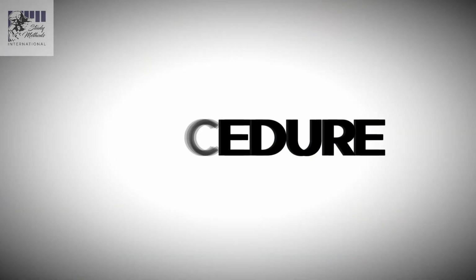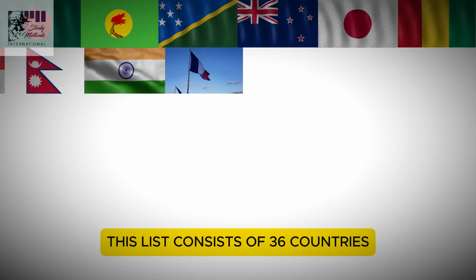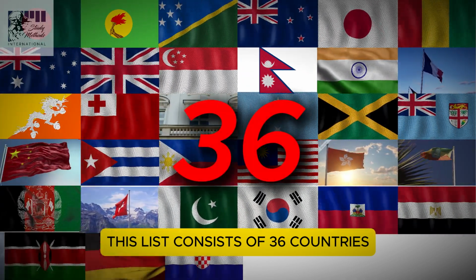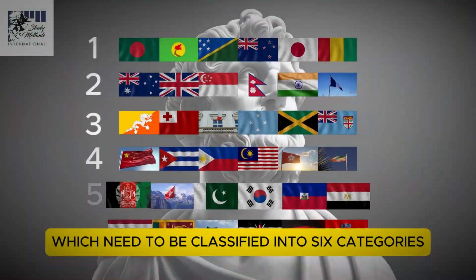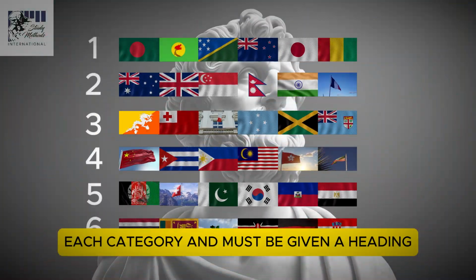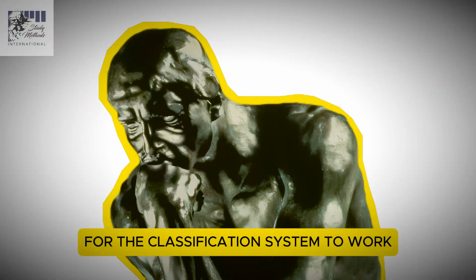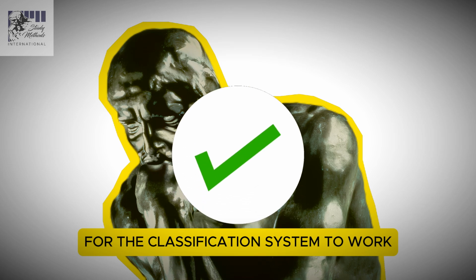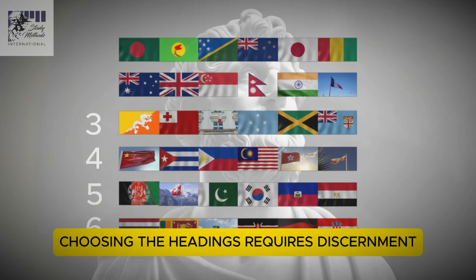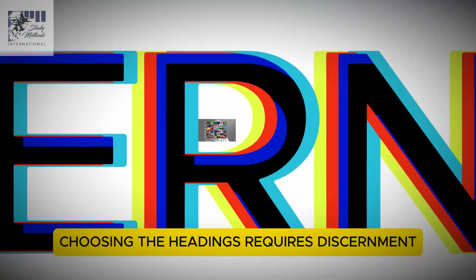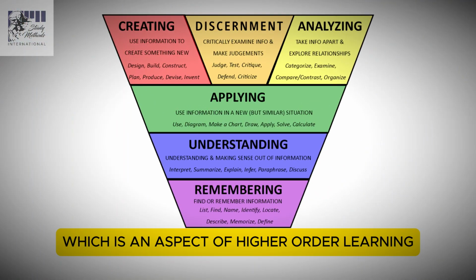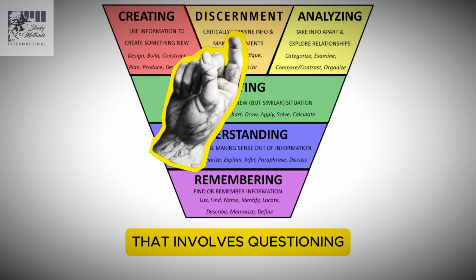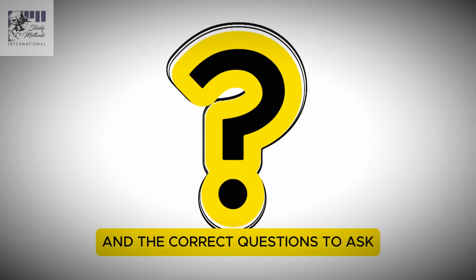Procedure. This list consists of 36 countries which need to be classified into 6 categories. Each category must be given a heading for the classification system to work. Choosing the headings requires discernment, which is an aspect of higher order learning that involves questioning and the correct questions